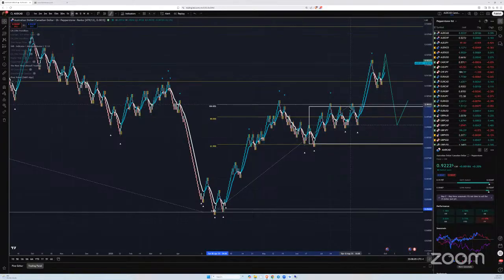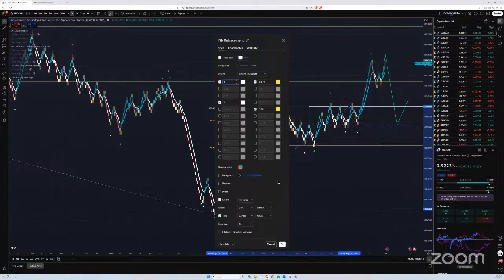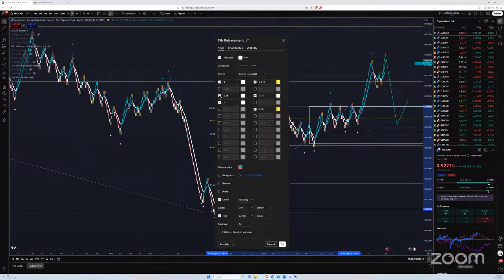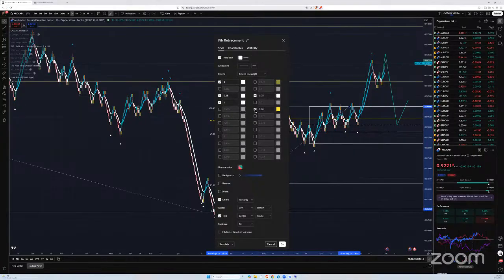So click on that fib and hit settings. Okay, and then you want 0.75, 0.25, and then get rid of everything else except the 1 and the 0. You don't want the 88 and you don't want the 619. No, in fact, hold on. Before you do that,